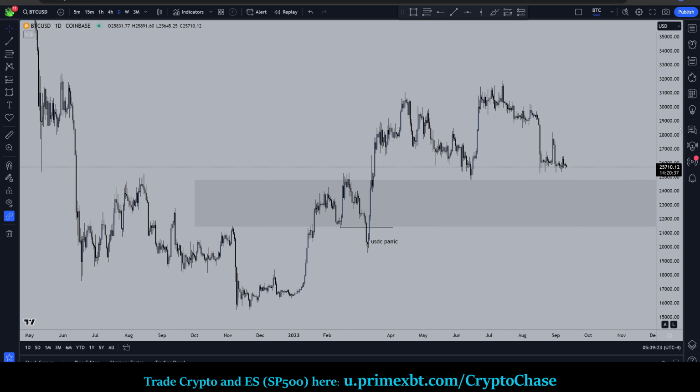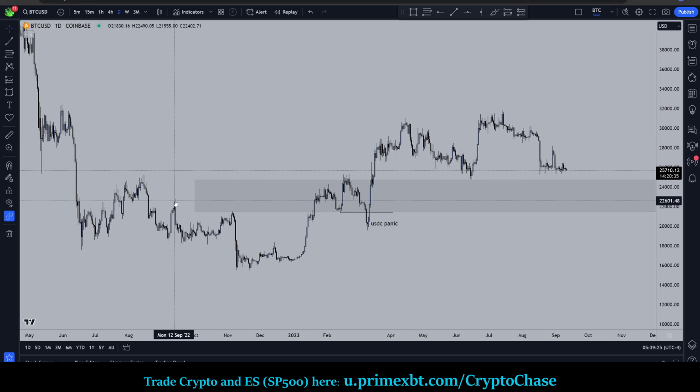When we look at this on the daily, I can go back all the way over to here-ish and say, this was the origination of the dump, right around here. So big dump, and since we dumped down here, this was resistance, okay? Resistance, we come up, we flip it to support for a bit, rejects again here, okay? We're going to refine the level as we move right. So it rejects here